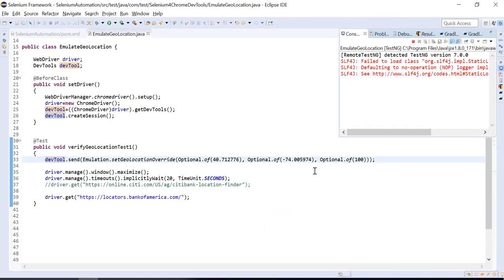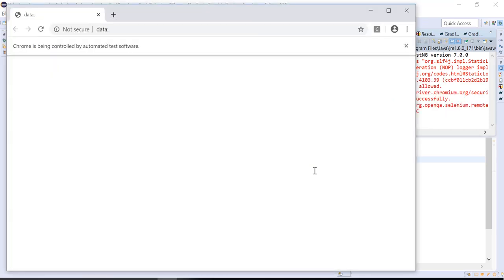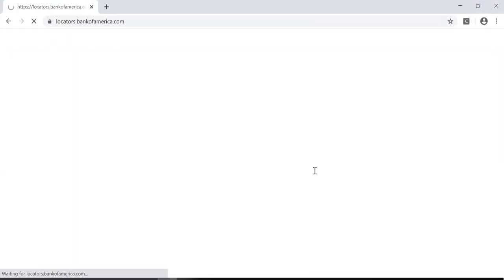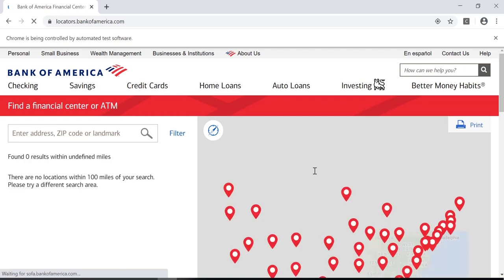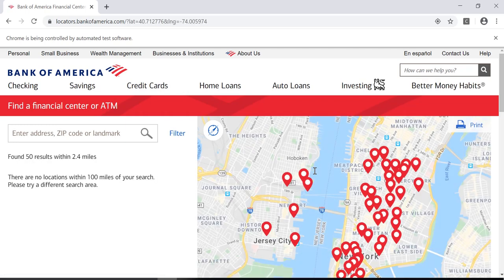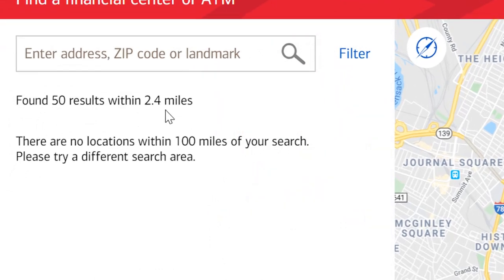I executed, the browser is going to launch, the browser is open and it's loading the Bank of America portal. I have emulated the city of New York, and we can see here it is saying found 50 results within 2.4 miles.